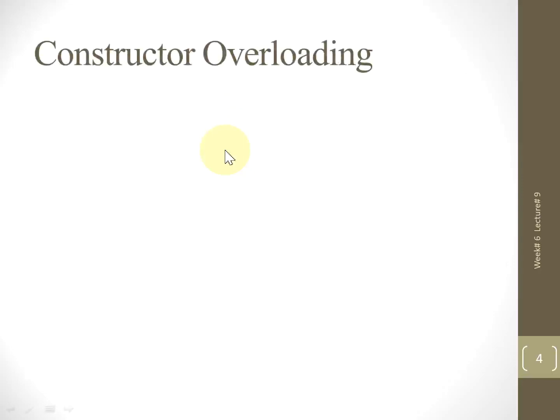Students, first you must learn what a constructor function is. Then we will be learning about overloading. A constructor is a special function which will be called automatically when an object is created. How to recognize it? I have already told you in a previous lecture: the class name and the function name will be the same, there is no return type, and this function can receive arguments. So when we create an object, this function will be called automatically.